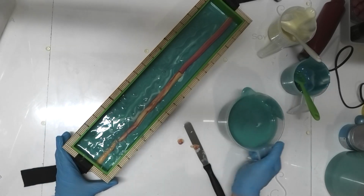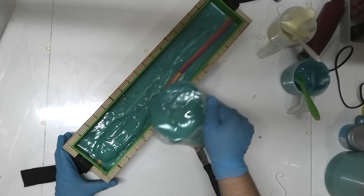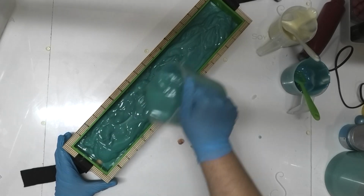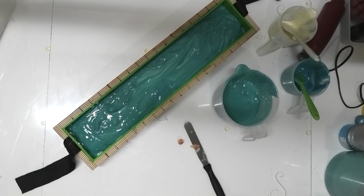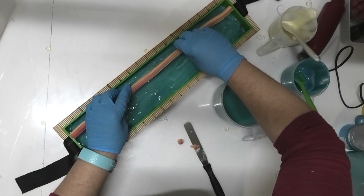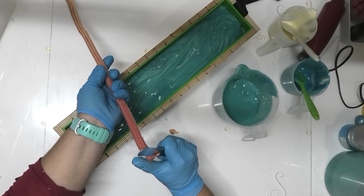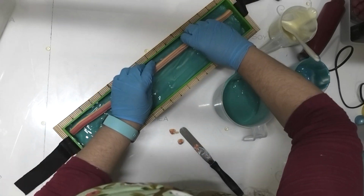Alright, we've got our first little fishy in there. I'm going to pour some more of this on top. I've got 3 fish I want to try and get in here in total. So there's, oh, it's getting a bit chunky. Right, there's that one. Let's get another fish. I've missed it by about a mil trimming them down, so let's get that a little bit trimmed off the end there. Get that one